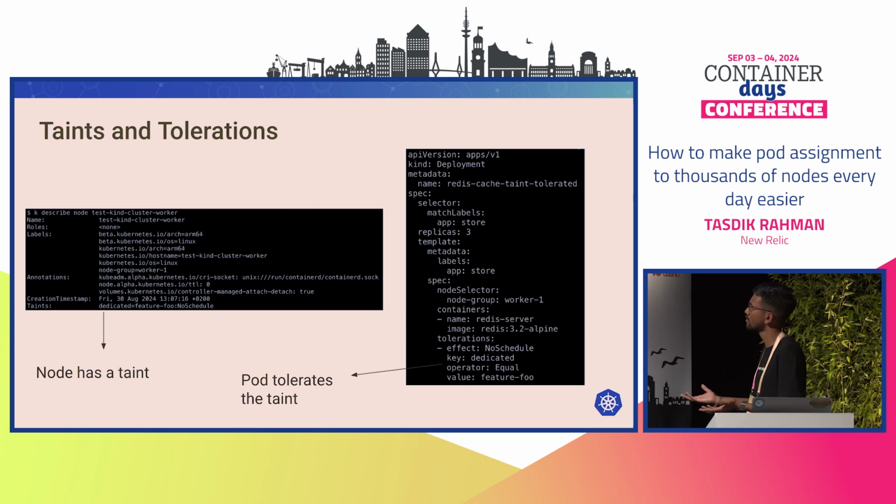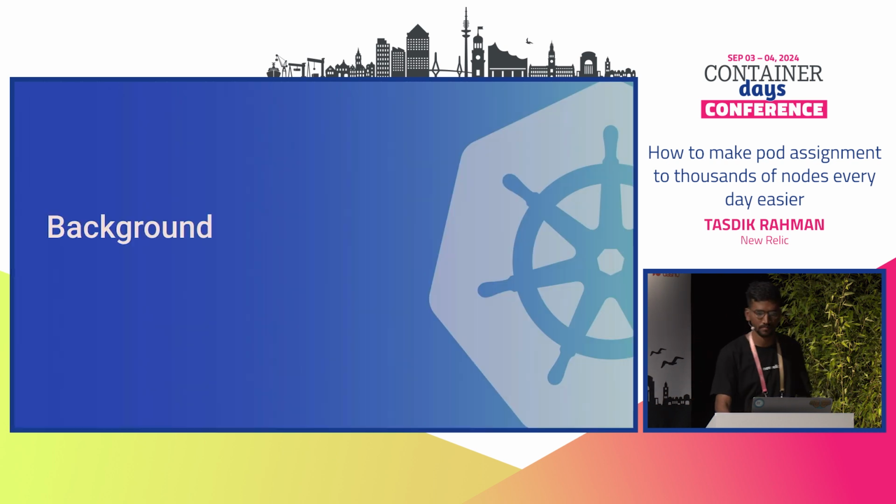A node has a taint. As you can see in this node, there is a dedicated feature foo, NoSchedule taint present, and then the application has to tolerate this taint. So we provide a toleration inside the deployment spec here to tolerate this taint and get scheduled into this node. Right, so that's just a quick brief of different scheduling constraints, or ways in which Kubernetes allows you to natively